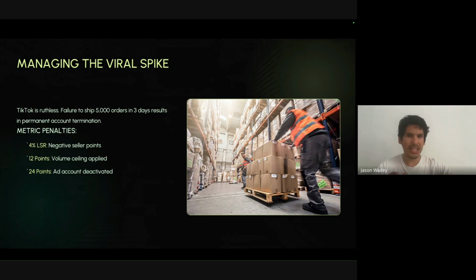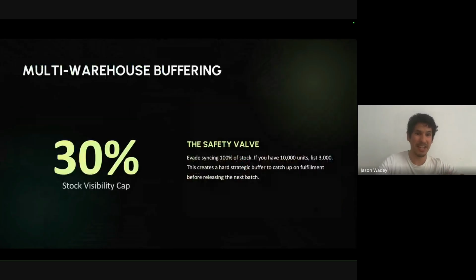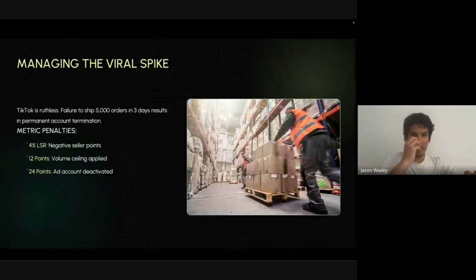And seeing a dashboard just generate, say, 5,000 orders in a 24-hour period, I know it can seem like a dream for a lot of brands, but if you don't handle this properly, this can cause a lot of problems with your business. So this is why I want to focus on this. I want to basically catch that problem before it potentially arises. This is the objective of this part of this presentation. Because